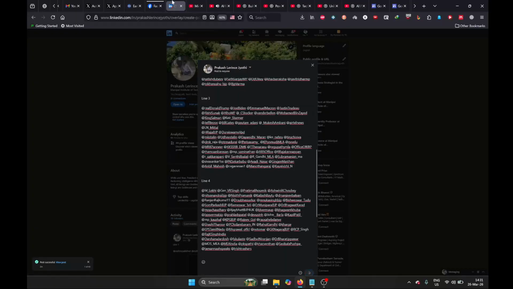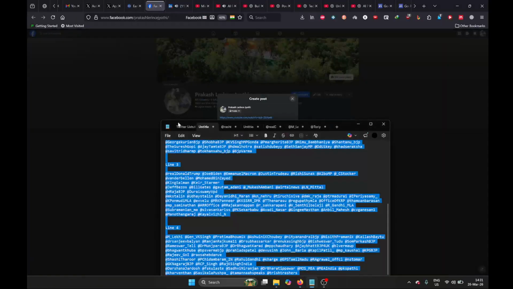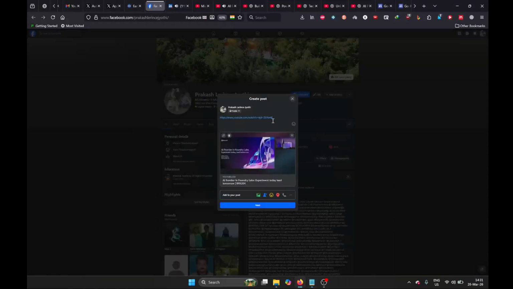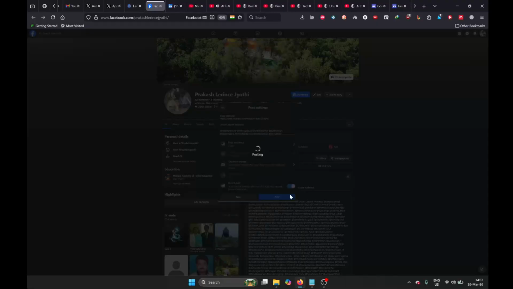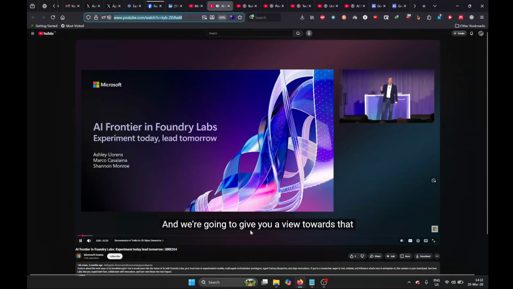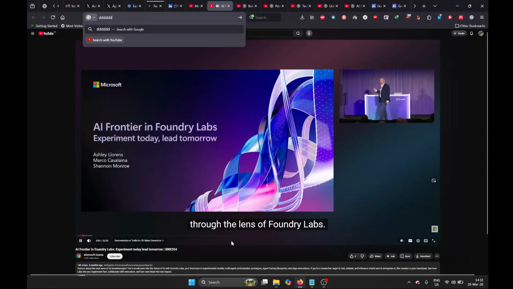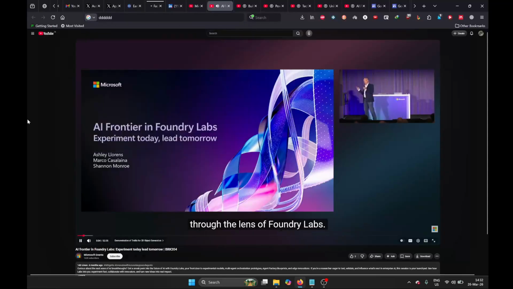What we're gonna be talking about in this session is really what comes next. What is beyond where we are today. And we're gonna give you a view towards that through the lens of Foundry Labs. Foundry Labs is kind of a forward-looking